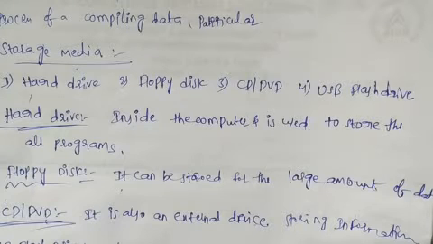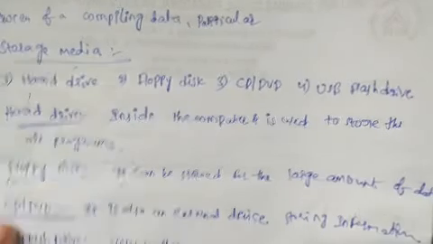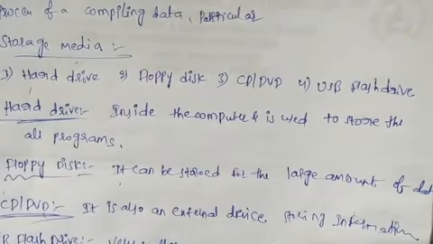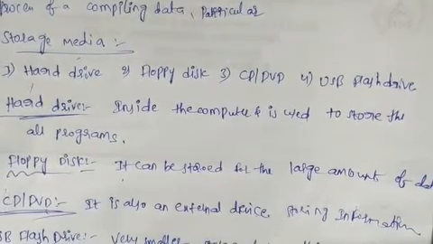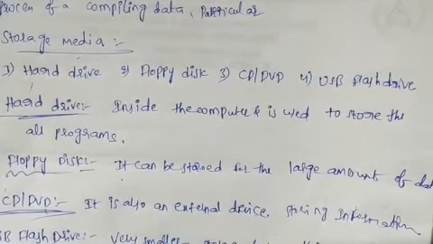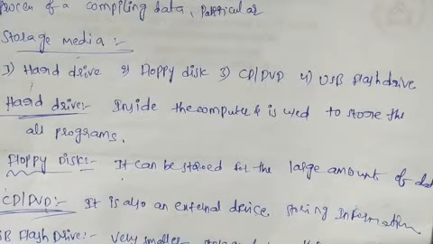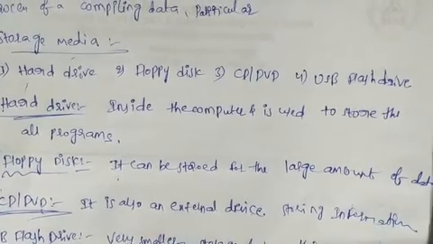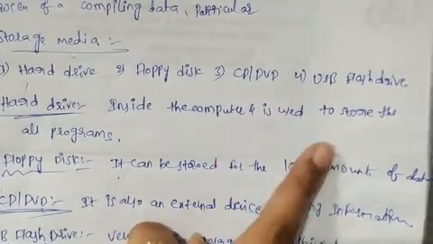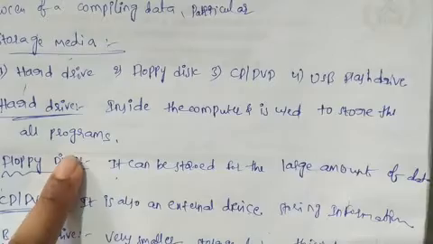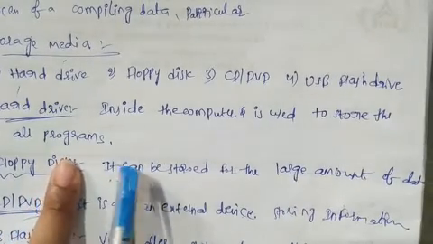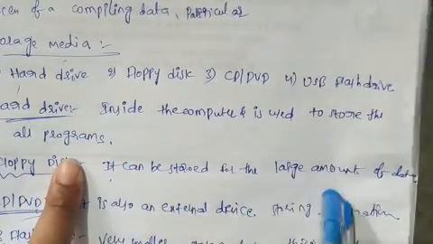I will explain again in Telugu in this theory part. Drug information storage is used for your storing purpose. The hard drive, floppy disk, CD and USB drive, these four are used for storing. Hard drive means the computer uses it to store information, and the data is stored in it.